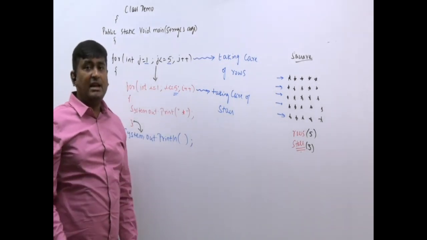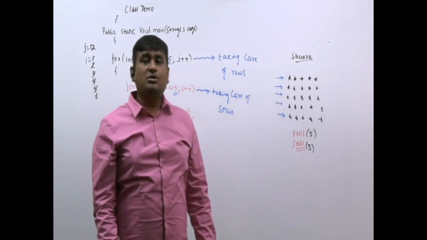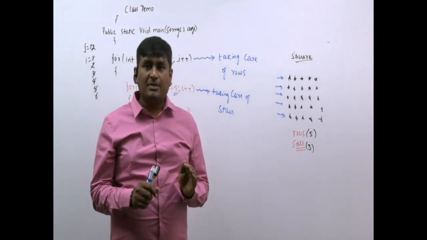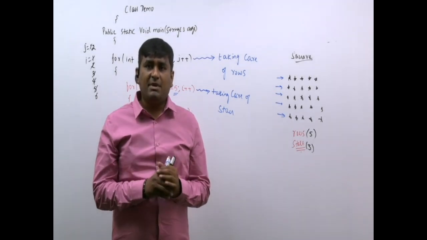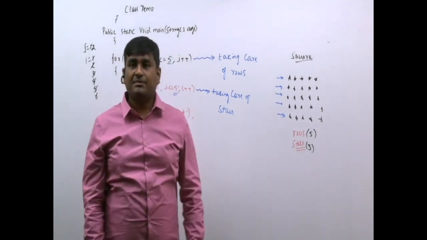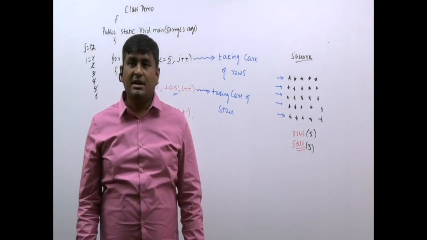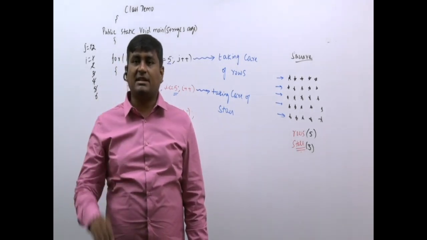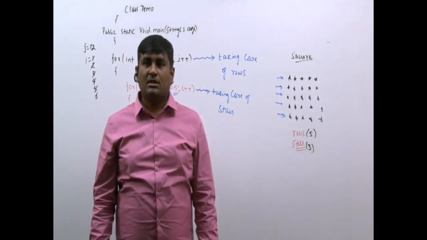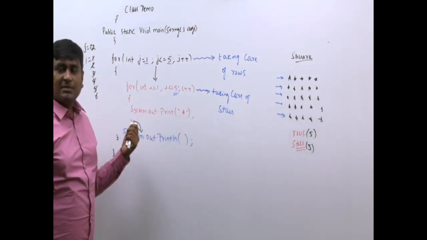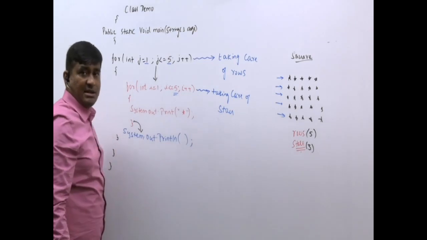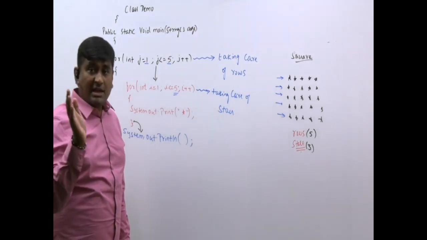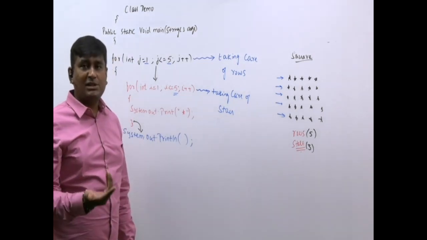Now correctly think and answer. I want to write a program in order to generate maybe 7 rows. 7 rows I want to generate. And in each row, 5 stars like that. Can you tell me how to alter this? So this program is displaying 5 rows, in each row 5 stars. I want 7 rows and in each row 5 stars. Then tell me what is the small change that I should do, sir?